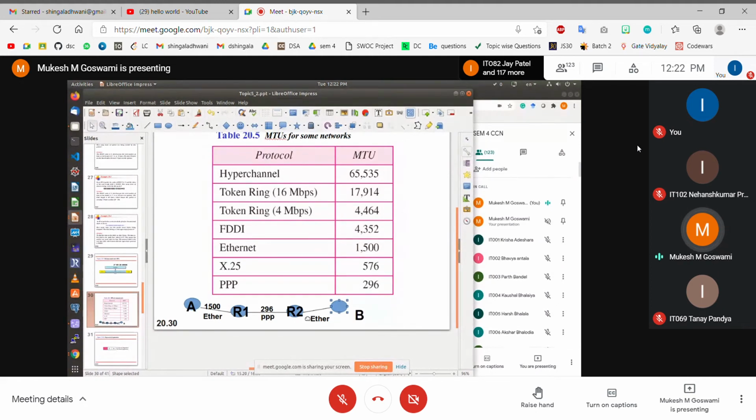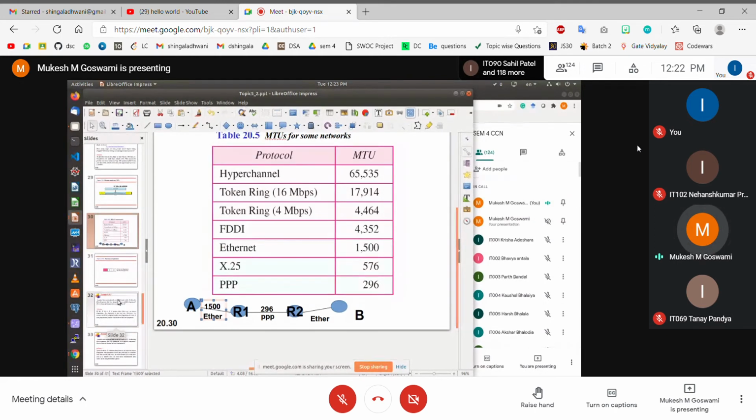So who will do the reassembly? R2 will not do it. Even though the network here is Ethernet, and even though it is possible to combine the packets and send them, R2 will not do it, right? R2 will hand over the packets as they are to B, and then it is the job of the destination to reassemble this packet and formulate the original 1500-size packet again, right? So this process of dividing the original packet into fragments is what is referred to as fragmentation, right?